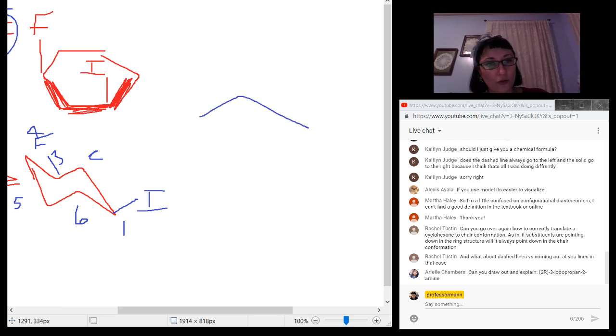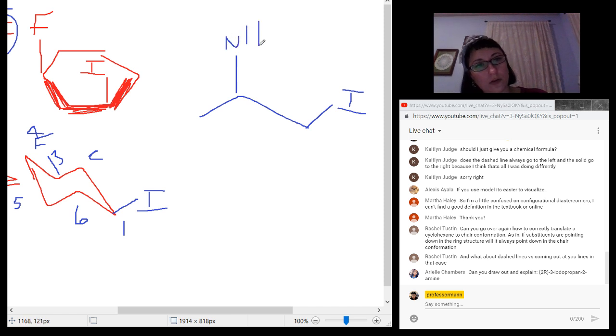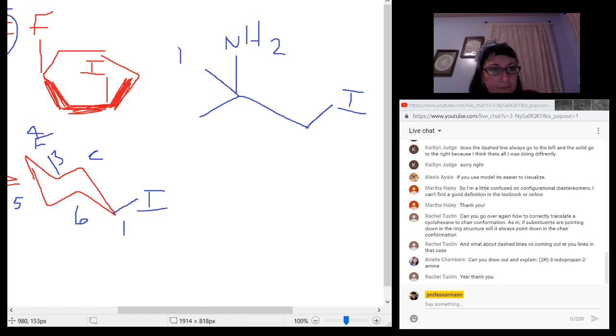3-iodo, which really should have been number 1, 1,2-amine. And I've got a hydrogen there. So the way I do these, Ariel, is I draw the molecule first without any stereochemistry, and then I add it in. That's easiest for me. So if I need it in the R position,